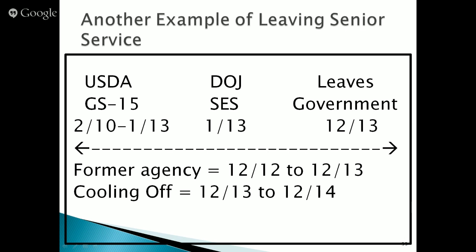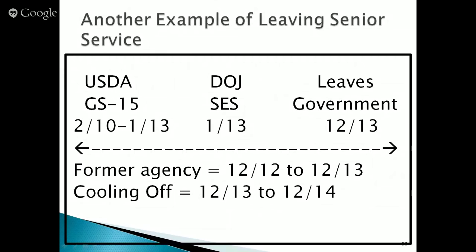If you do the 1 year look back from the time they terminate senior service, it captures any agency where the employee served during that 1 year period prior to termination. So in our example, this employee would have a 1 year cooling off period with respect, under 207C, with respect to both USDA and DOJ. It's not going to be a happy employee. No. But I just wanted to alert you to that, because in our particular instance, we wouldn't get to this piece because our employee clearly is just reporting back to their former agency.